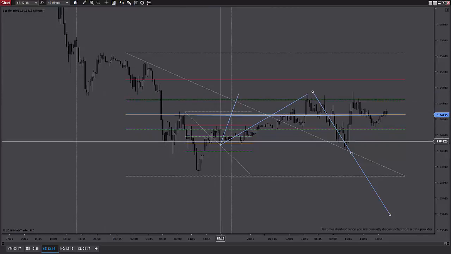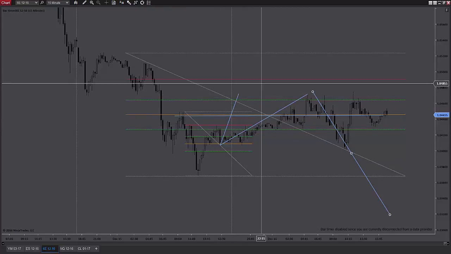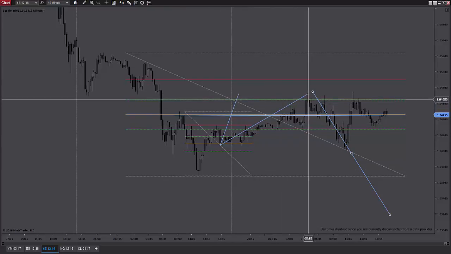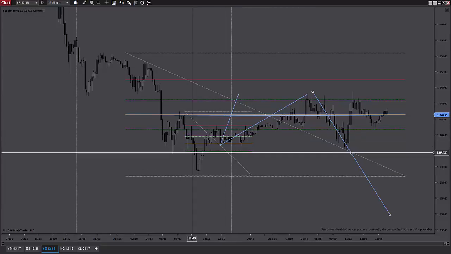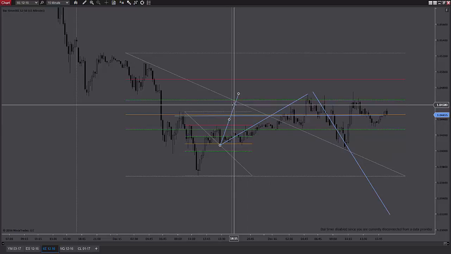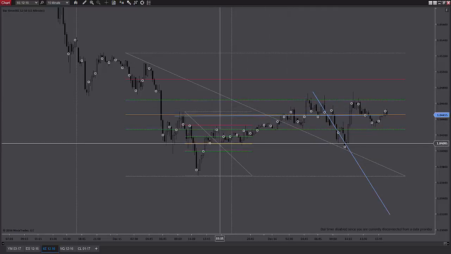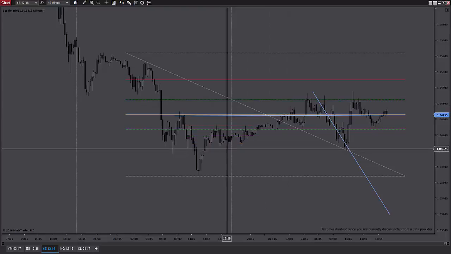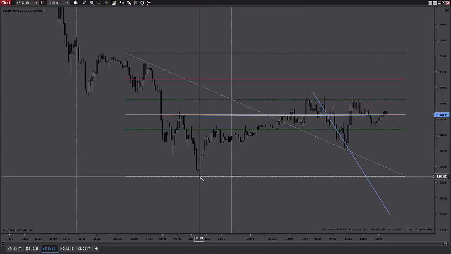Structure, where the second leg was weaker and symmetrical to the first leg. This is a very good trading opportunity to the downside. Your profit target is the 618 of the pattern, because you're trading the harmonic pattern of the ABCD. Now that we've identified that and we know that this pattern completed up here,